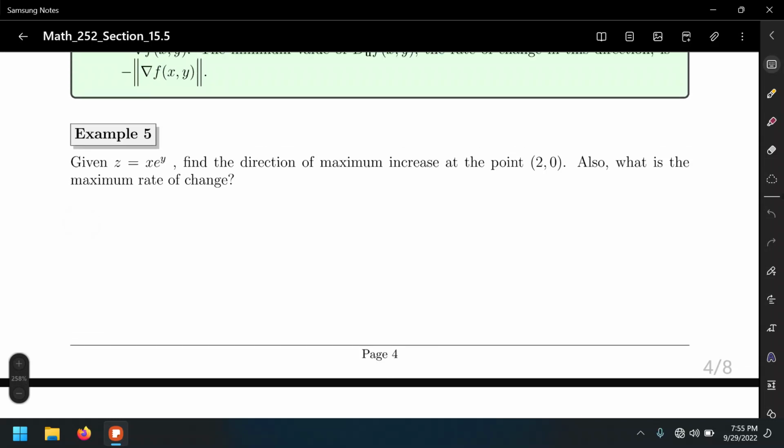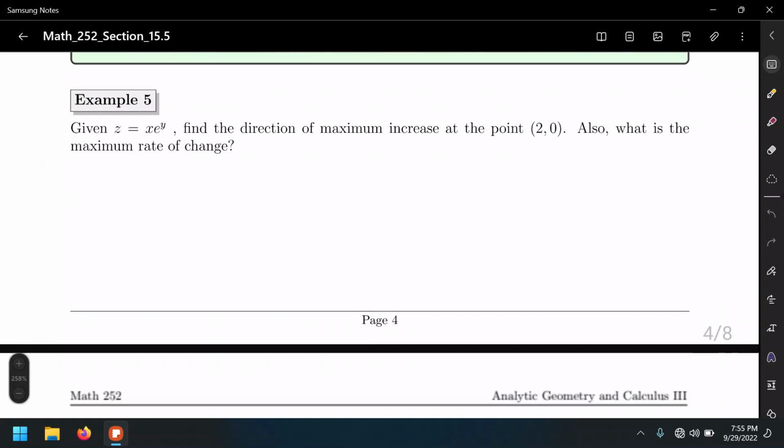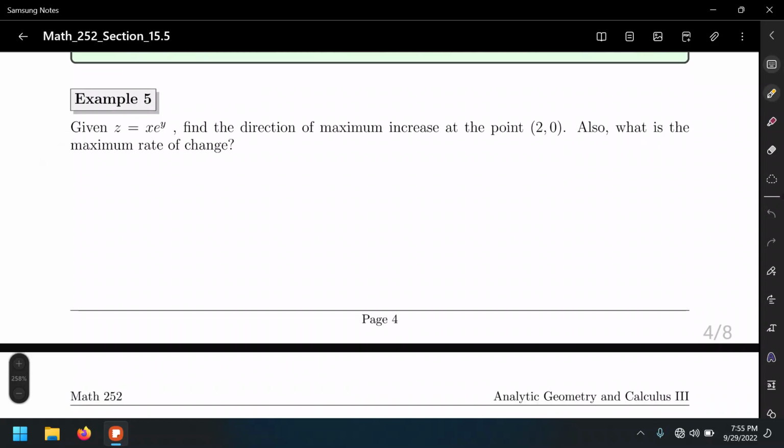They're also asking us what is that maximum rate of change. So they're not asking us just the direction vector that will take us to the highest steepness. They're also asking us what's the value of the steepness. So number one, we want to find the gradient